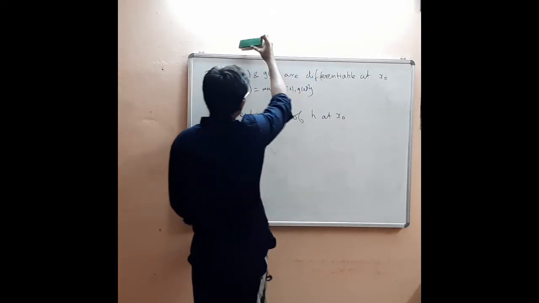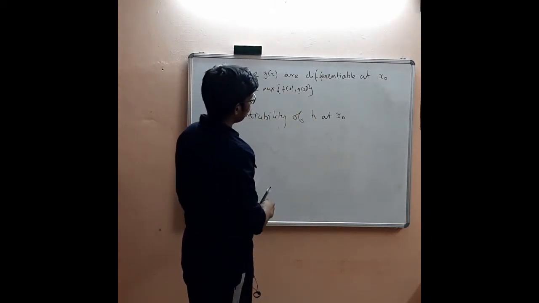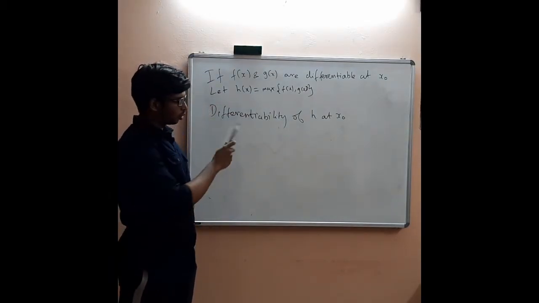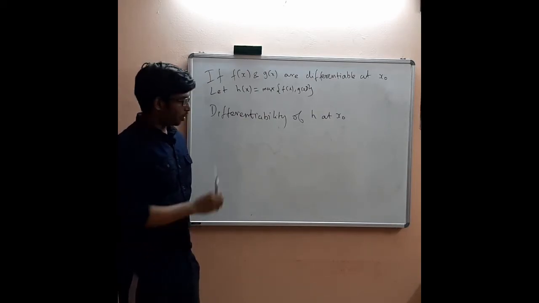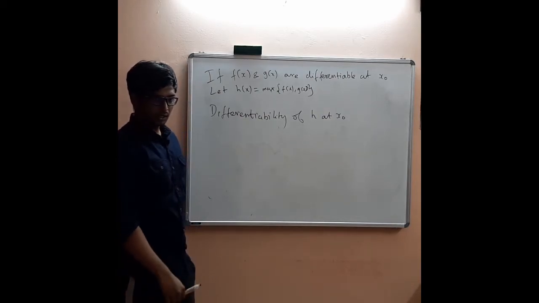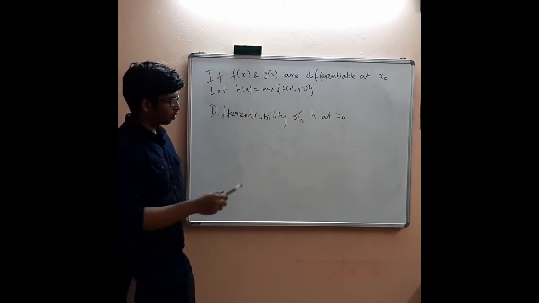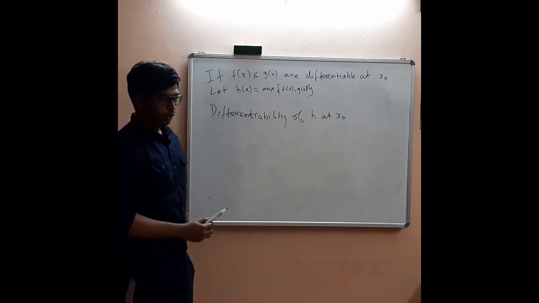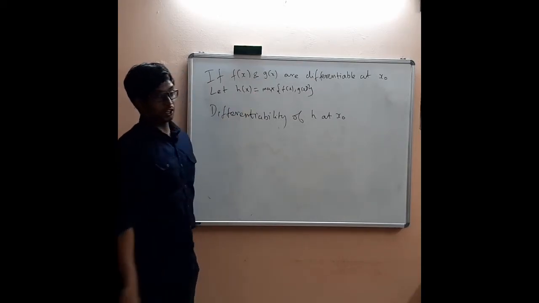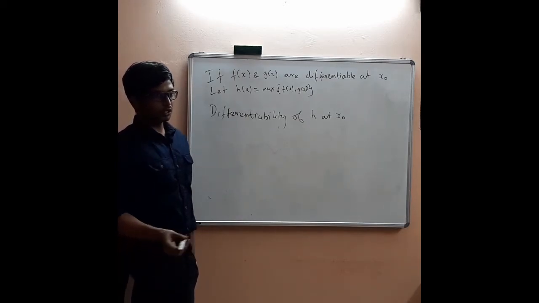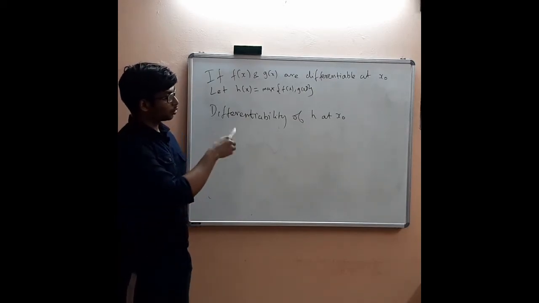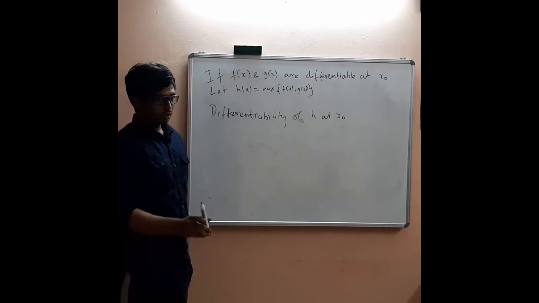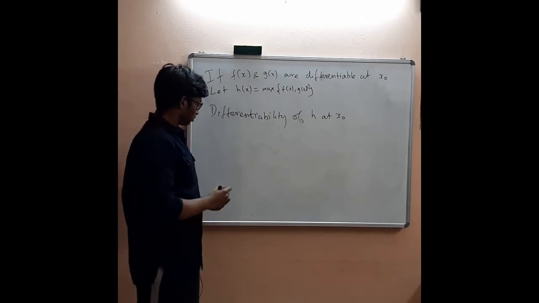Now, both f and g are differentiable at x0, which forces f and g to be continuous at x0. You can see that proof very easily, and I'm not going to discuss it here. It's a very basic proof. If you look into the definition of continuity and differentiability at a particular point, you can easily conclude that both f and g are continuous at x0. You see here I'm using continuity to study differentiability. This is how everything is interlinked, and you should be thinking about that.